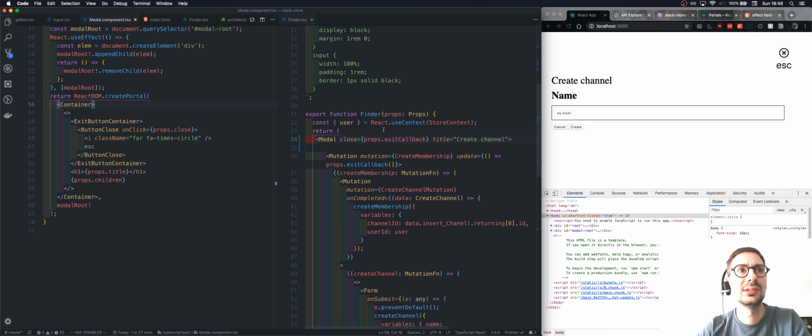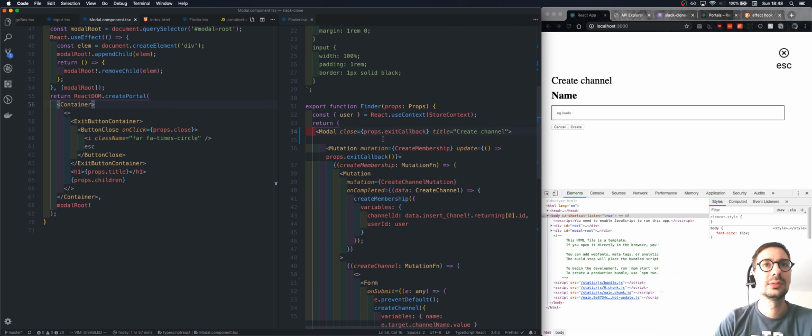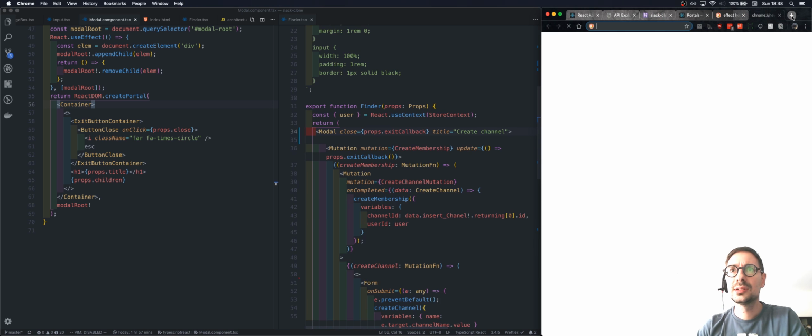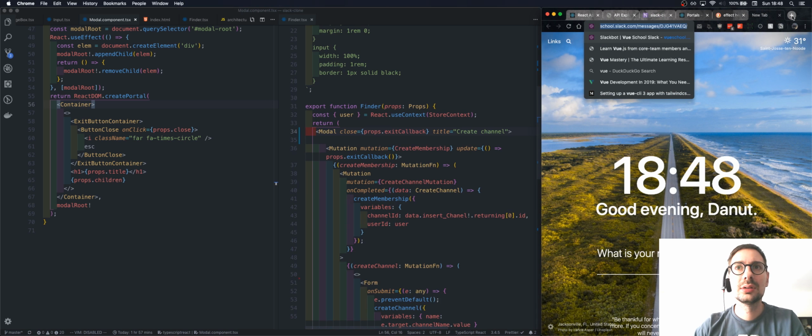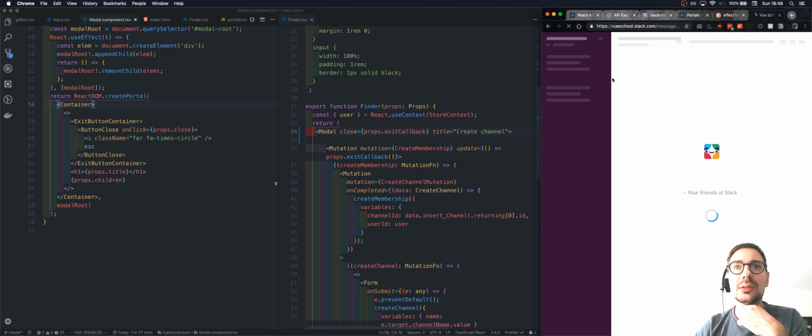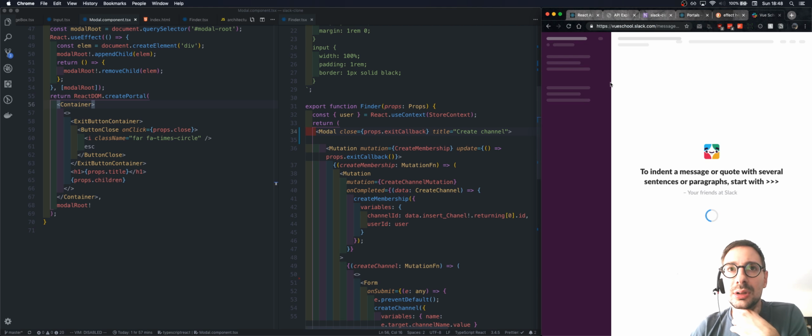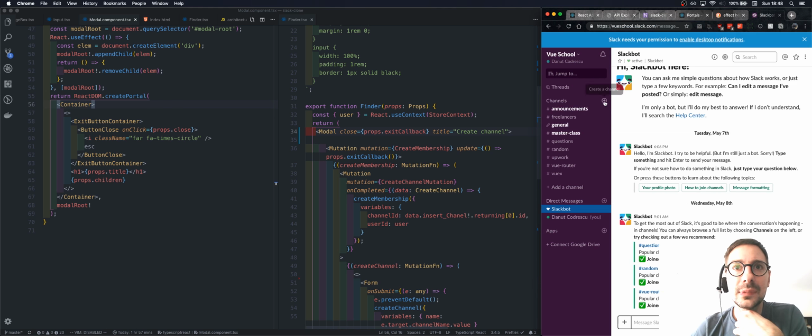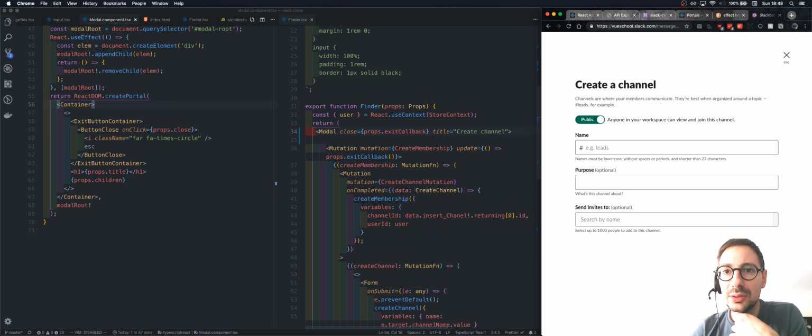Install these buttons. Oh, how do they do it in Slack? Let's take this one. Okay, channel. Okay, so they have a white button, gray button, which is if it's disabled,